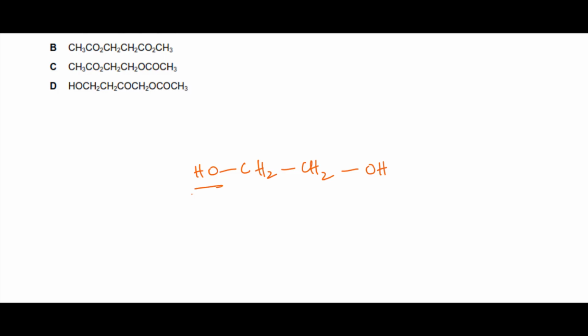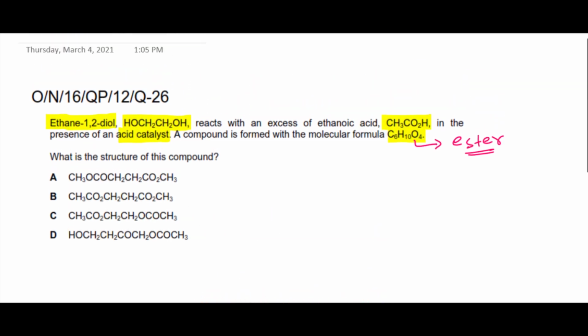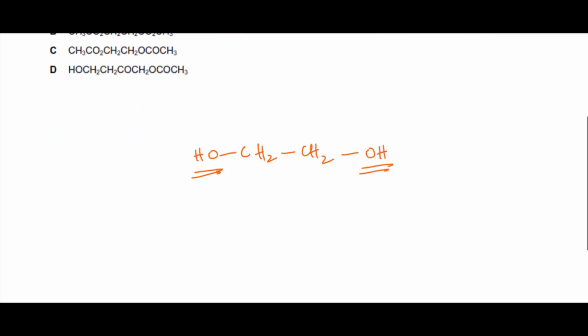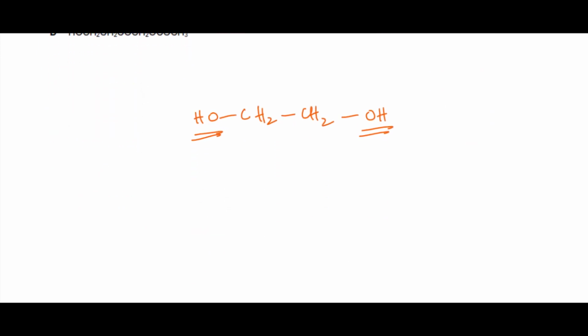Because we have an OH group on this side and an OH group on this side, we have two OH groups, and in the question they have informed us that we have excess ethanoic acid. If you want to make an ester from an alcohol with an acid in excess, that means two ethanoic acids would be reacting. One would make an ester link on this side with this OH,